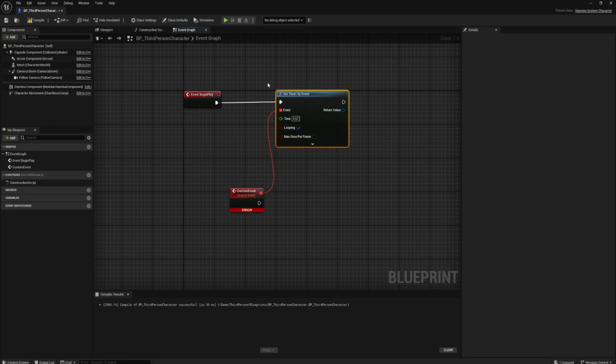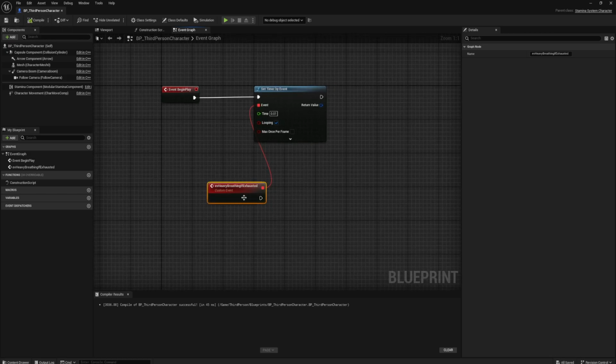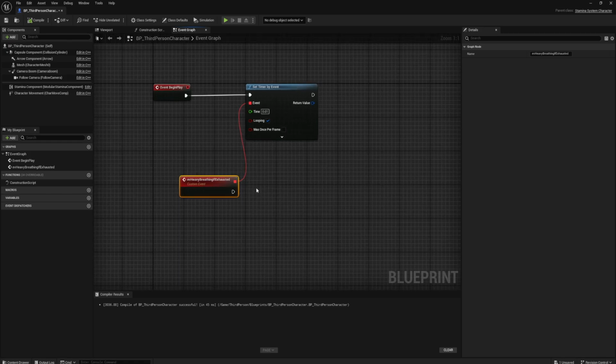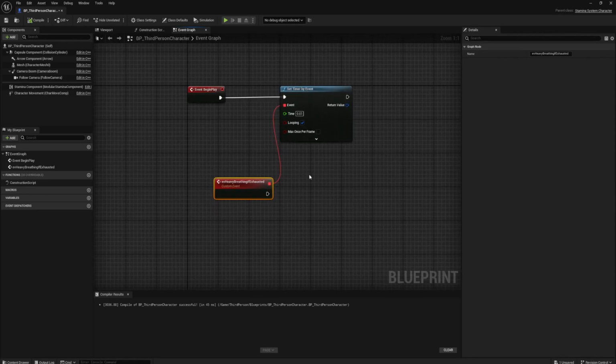So yeah, basically that is this right here. We are going to call this event EV heavy breathing, if exhausted maybe. So yeah, I think that this name is okay for our event. You can give a different name. You can name your event something different if you have a better name. So the first thing that we need to do is to check if we are exhausted or